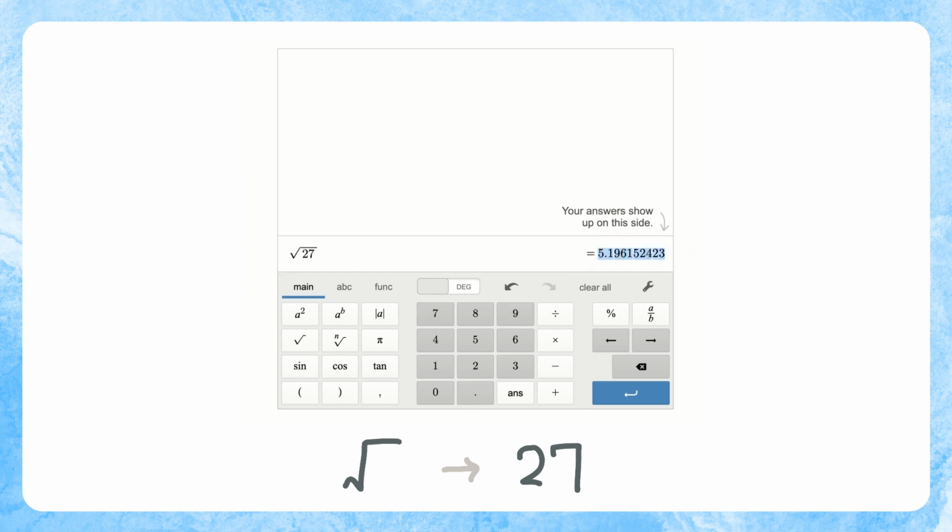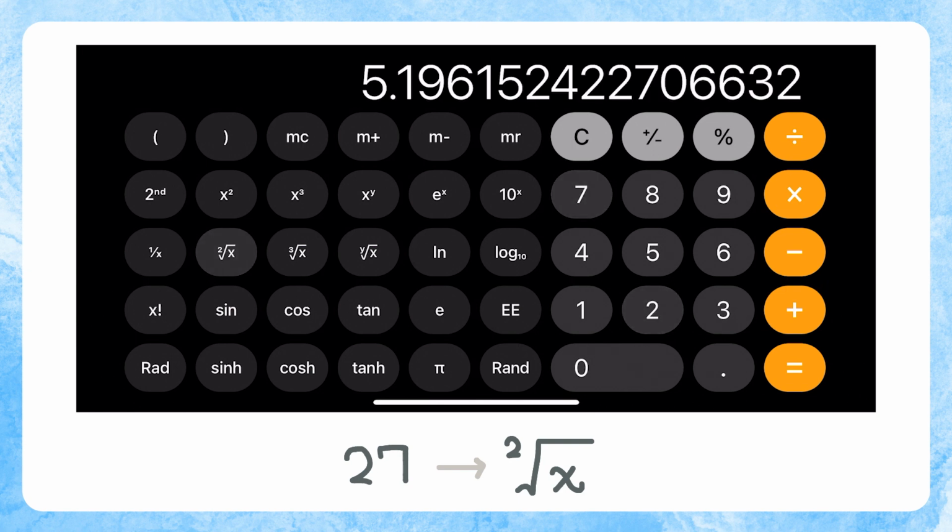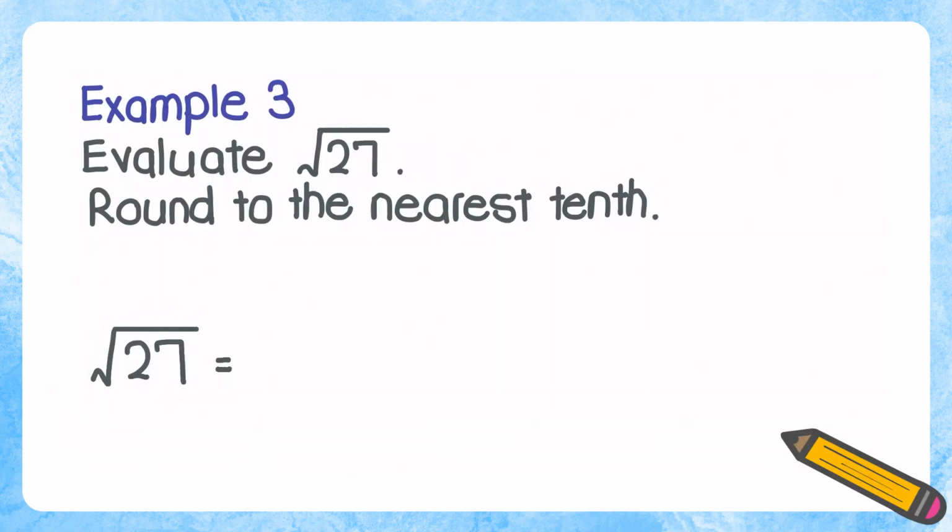We have our answer right here. For the iPhone, you have to type backwards in a sense. First, you type 27, and then click that square root symbol. Either way, you'll end up with the same answer. So we found that the square root of 27 equals